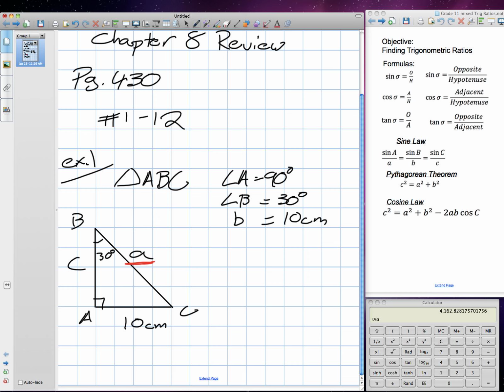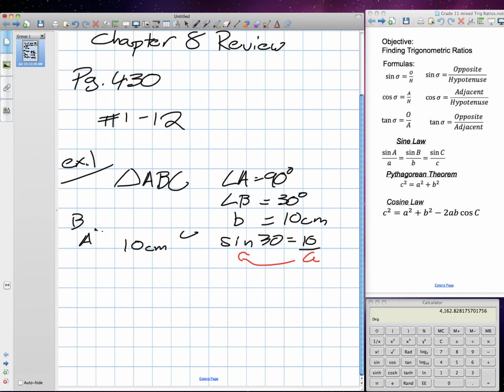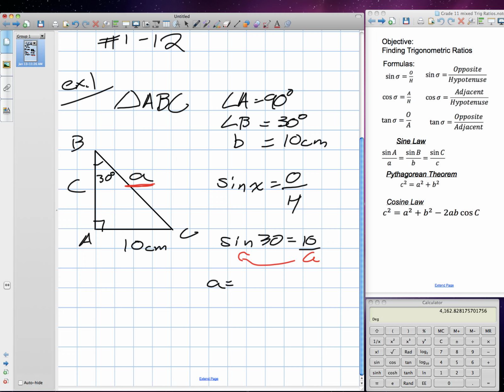Now, for the angle I have, 30 degrees, I have the opposite measurement, and I'm looking for the hypotenuse. So what ratio uses opposite and hypotenuse? Sine. Okay? Sine x is equal to opposite over hypotenuse. So sine 30 degrees, that's our angle, is equal to the opposite side, 10, over A, and we're looking for A in this case. Okay. We're going to bring A to the other side of the equation, which means we're going to get A times sine 30